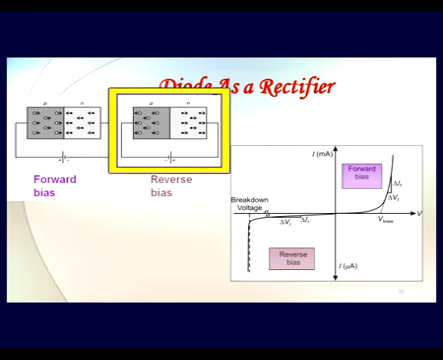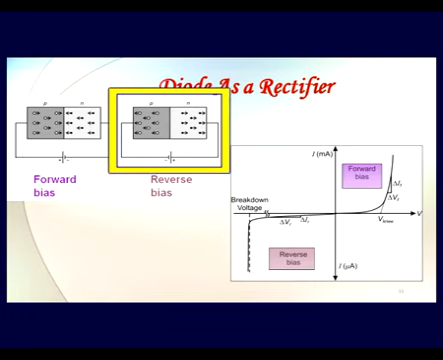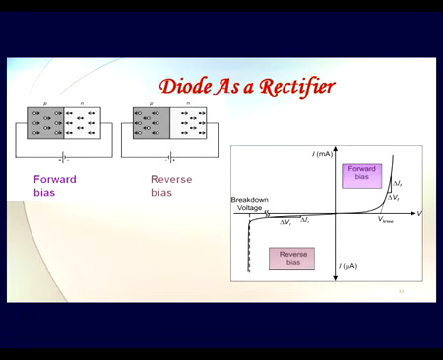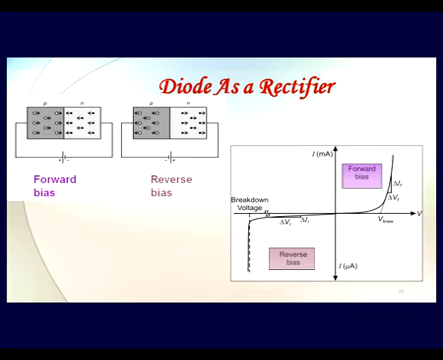But if we see the reverse bias condition, that is when positive is connected to the N terminal and negative is connected to the P terminal, in that case, since the majority carriers are going to be drifting away from the junction area, we are not going to have any current, or a negligibly small current, which will be just due to the minority carriers in this particular device. So for a very high reverse bias voltage, we don't get a significant current, as if this diode is not present, or as if there is a switch which is shut off, when the voltage of negative polarity is given to this device.